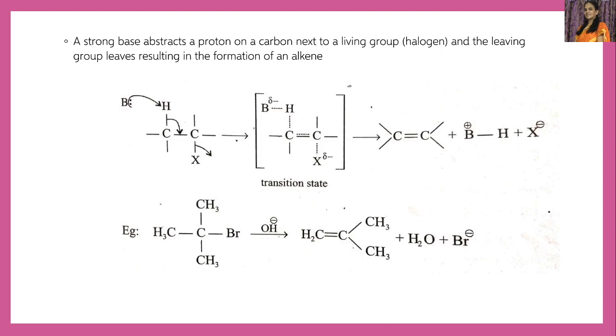This is the E2 mechanism. Why is it called the E2 mechanism? Because in the transition state, two molecules are present. One is the alkyl halide, the other one is the base. Both are present. Two molecules are present. Thus it is known as the E2 mechanism, that is, elimination bimolecular. And